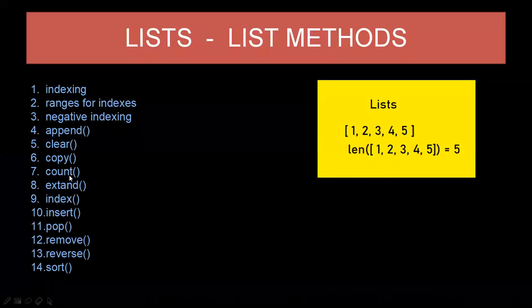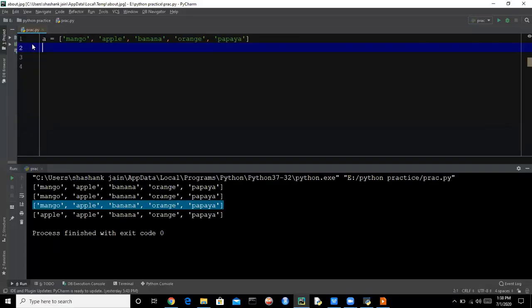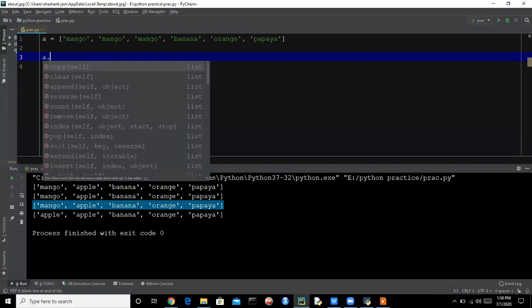Let's see another example, that is count. Let's change the list. Here we are changing the list from this to this. We are having 3 mango in the list. So if you want to count how many mangoes are in the list, we will use the count function.